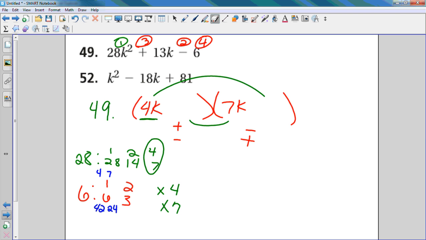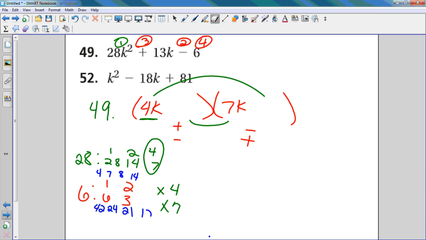So I've got to move to the next one. Multiply it by 4 and multiply it by 7. So I have 8 and 14, and I have 12 and, oh, I wrote the wrong one, in the wrong spot. This one's times 4, so this one has to be times 7. So 21 and 8